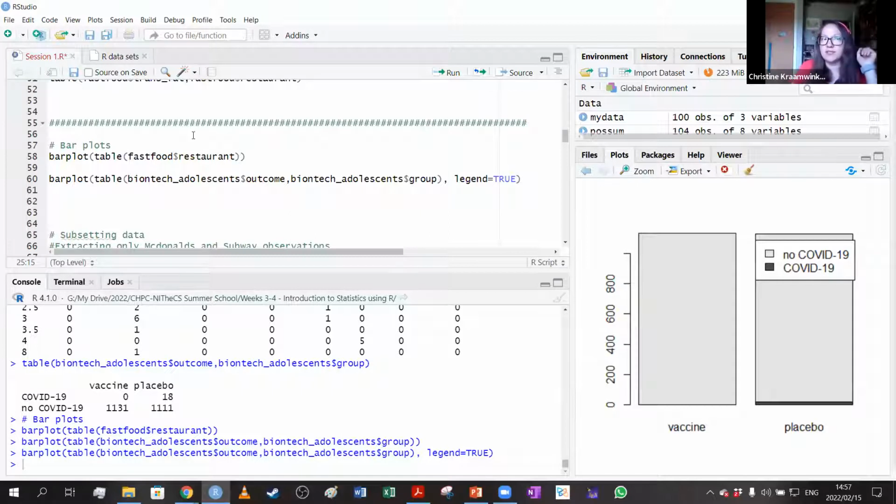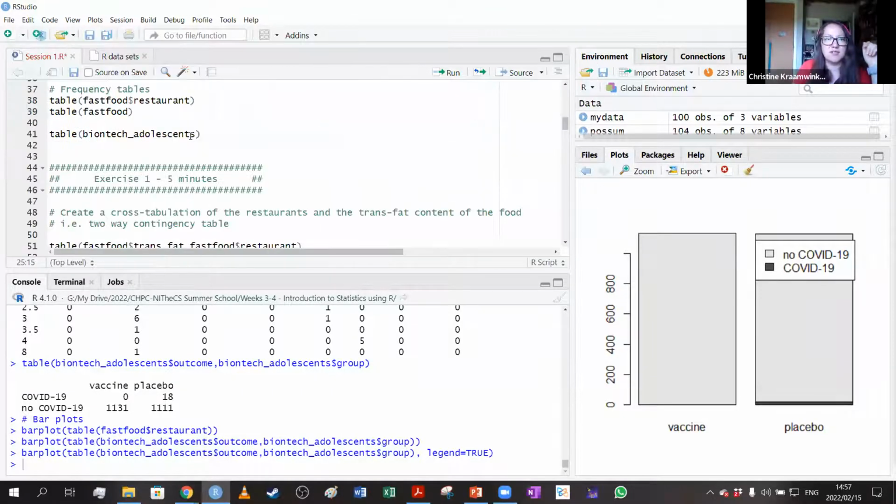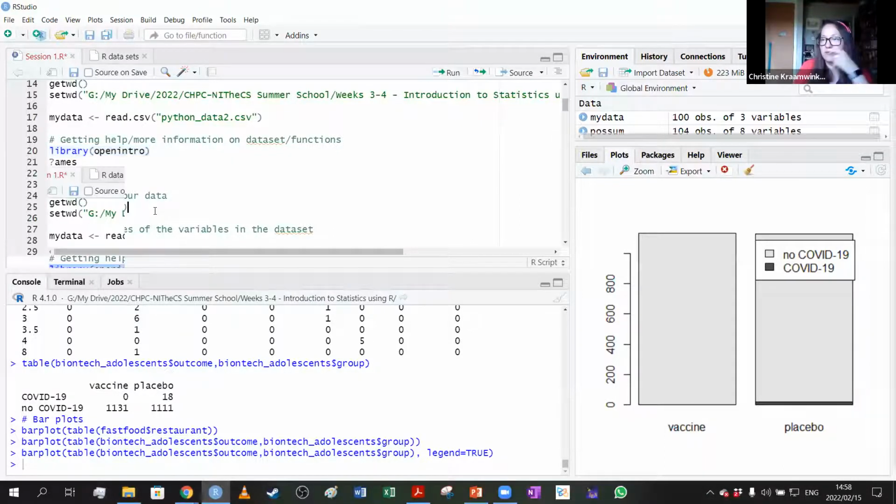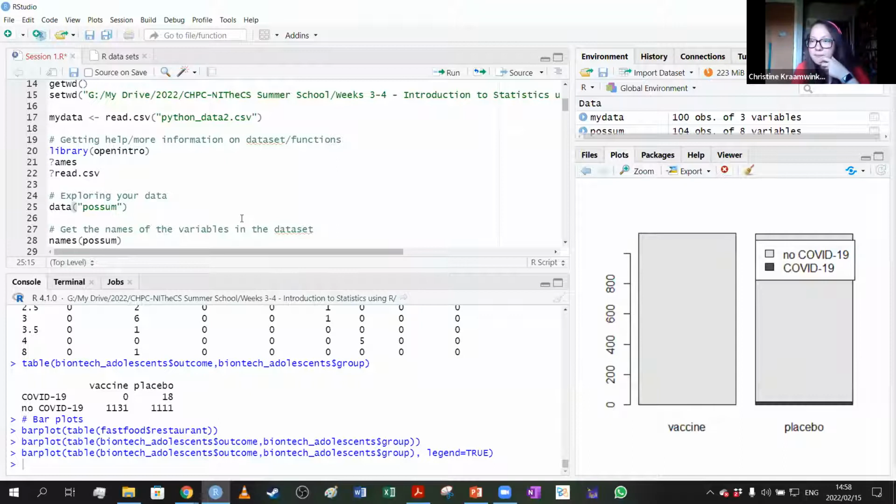To load it, you would just say library. Sorry, my screen always does this weird thing. I think a cable's not properly connected. You first have to say library openintro, run that code, and then you can load the data. Then it shouldn't give you an error anymore. Let me know if it's working now.